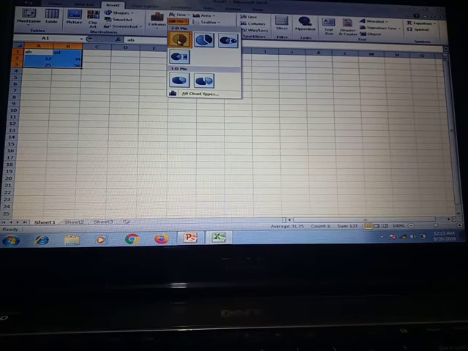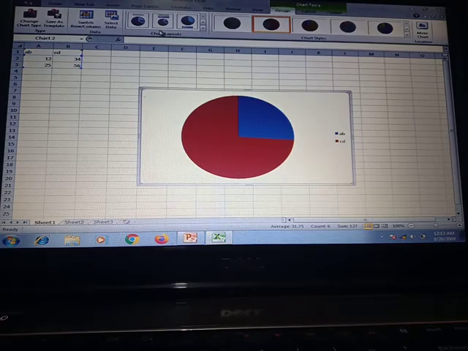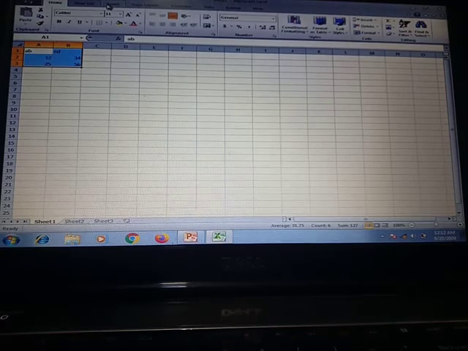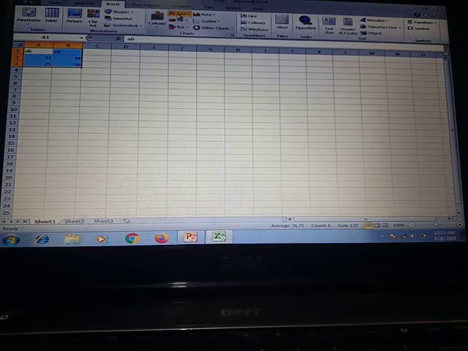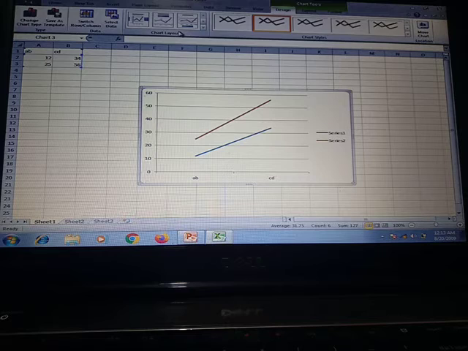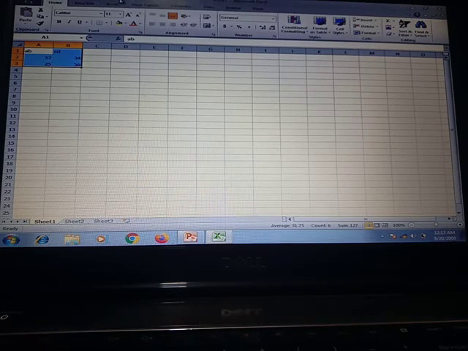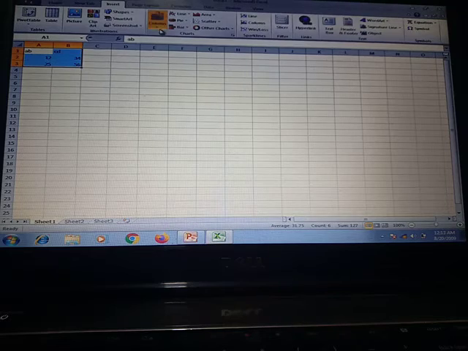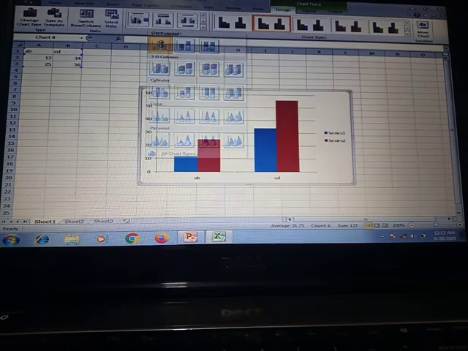This is the pie chart. And this is the line chart. In a similar way, this is the column chart.